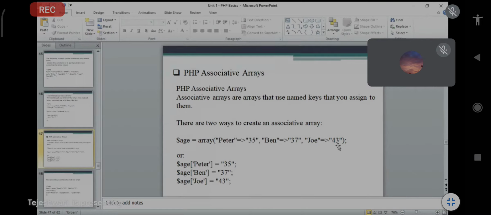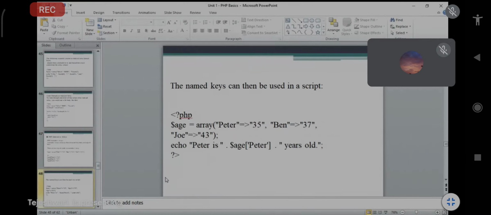Okay, so this is one method. We just take the key and value, and another method is $age, take the key, separate key with the value, separate key with the value. This is also a method. It depends on you how to use it in the particular program. This method is applicable, and the second method is also applicable. It was already discussed in the last lecture. Suppose we are just printing that particular associative array. So just take $age is equal to array, that particular associative array.